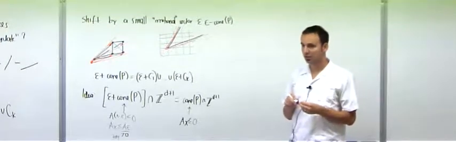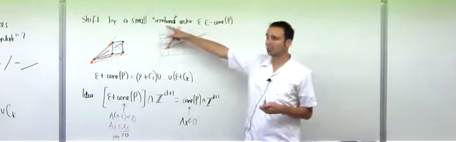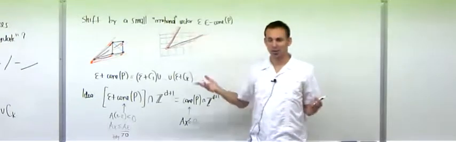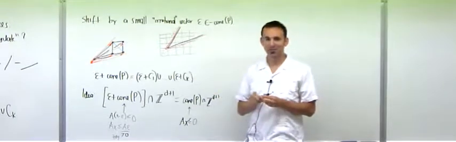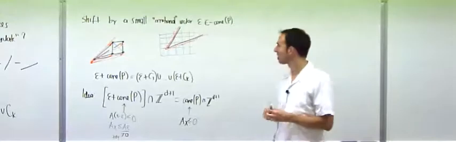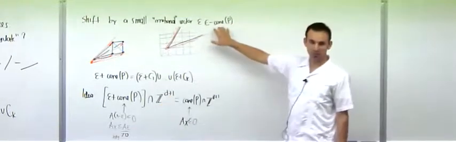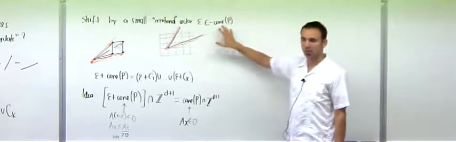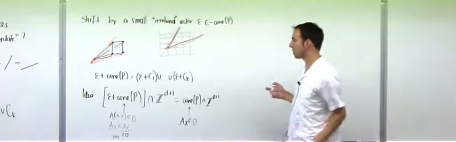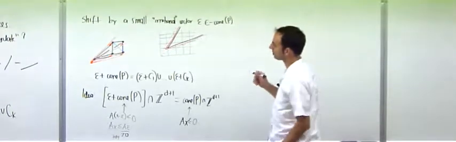Not yet. And by the way, I haven't even said what irrational is. And I don't know what an irrational vector is because I don't know how to divide vectors. But for now, I have only used that it's small enough that all of these numbers are less than 1. And I have used that it's in minus the cone. But I want also to say that it's irrational. And in what sense do I mean that? In the sense that